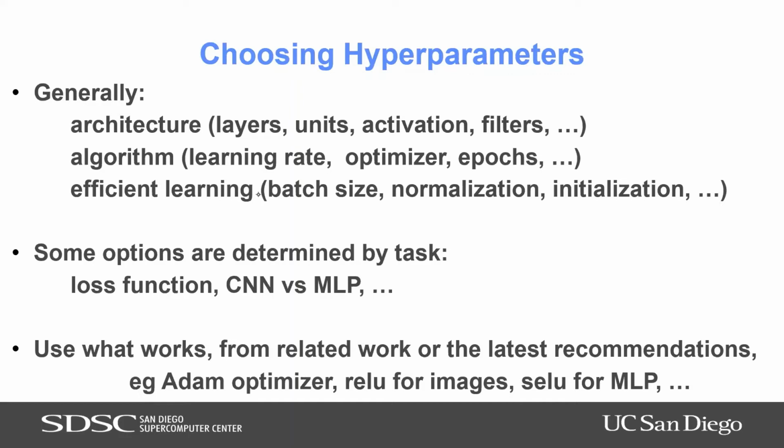There are some things that help you with efficient learning, like batch size, layer normalization. I'm sorry, not weight, activity normalization, initializing weights with certain kinds of distributions. So these are more related to just making your learning work. They're not really independent from a good network. So batch size could interact in some fashion so that you have good learning. There's batch size and there's shuffling that kind of interact together.